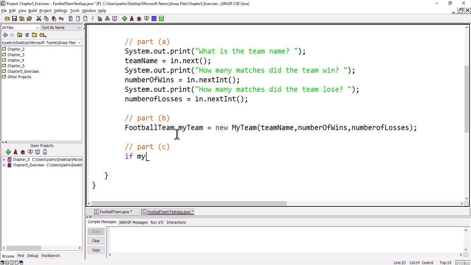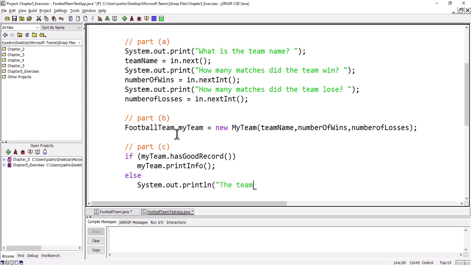dot, so we need to put a bracket, my team dot has good record with empty brackets. If this is the case, remember that we need to print the team information, so we say print info. Otherwise, we need to print a message by saying the team needs this amount of winning matches, or it needs this amount of matches